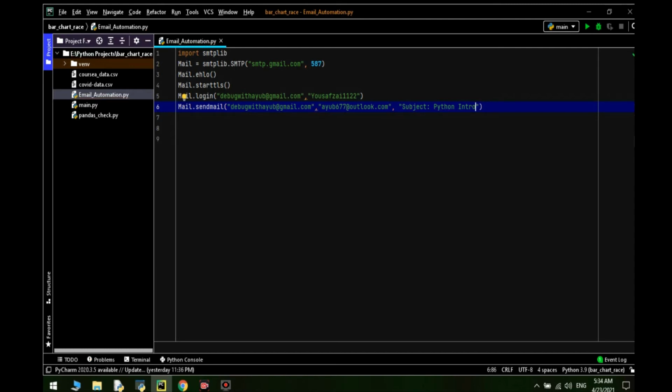After Python intro, after the subject, type \n. Now type the message body here. For example, good day all, colon, \n.